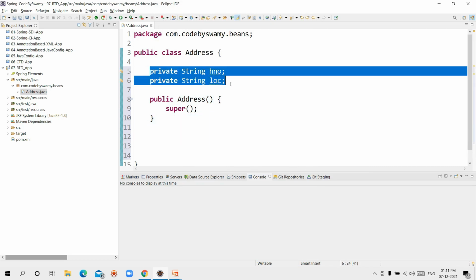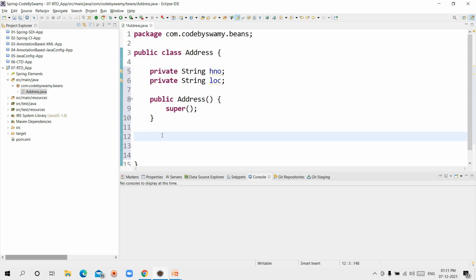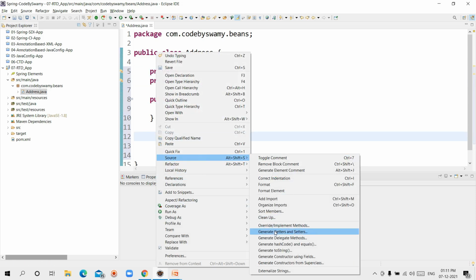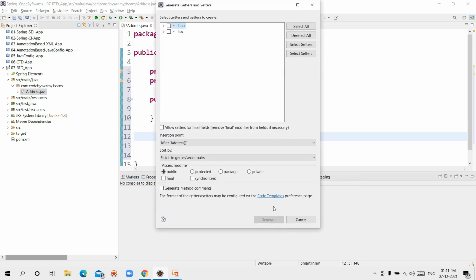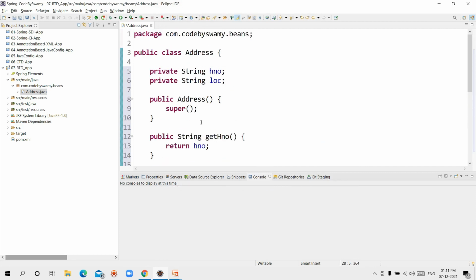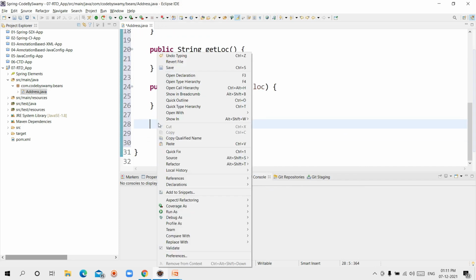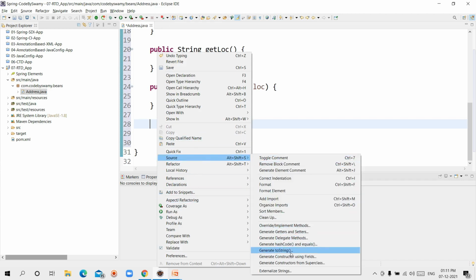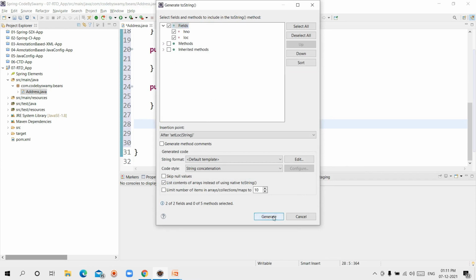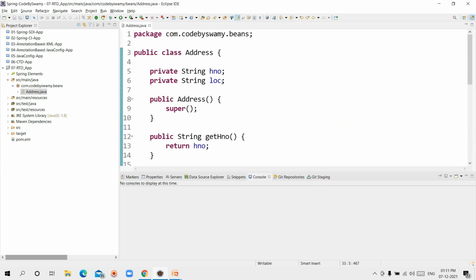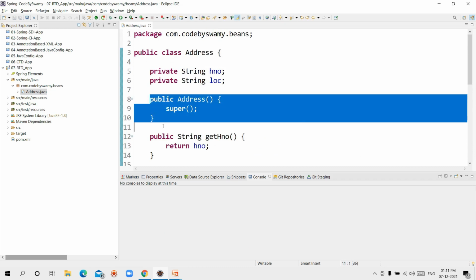Next, for these two properties I need getters and setters. Right click, Source, Generate Getters and Setters. Select all. Generate. Yes, all the setters and getters are generated. I need toString. Right click, Source, Generate toString. Click on the generate button. Yes, this time I am done with setters, getters and default constructor.